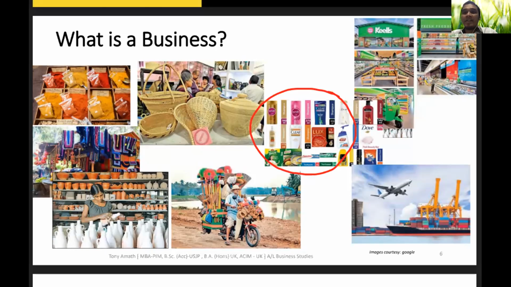Okay. But ultimately, all these products satisfy one of your needs, right? Washing or staying hygienic, right? And this guy, now there, a flight or airplane, what do they do? Not that you buy the airplane